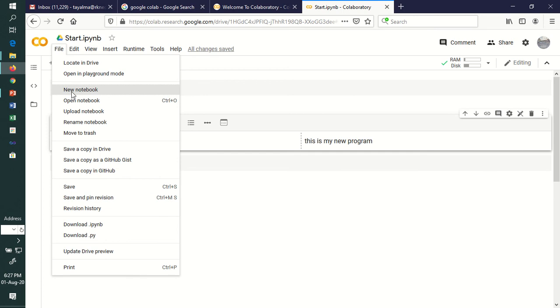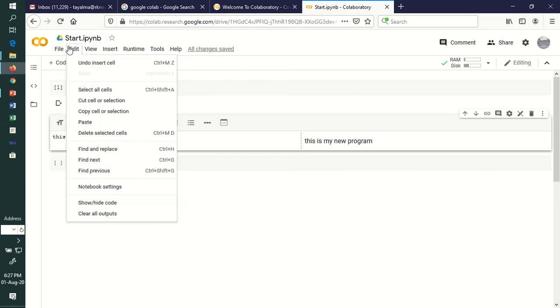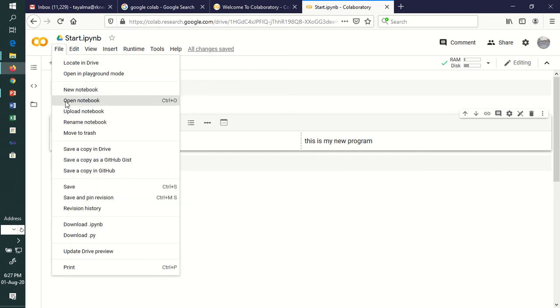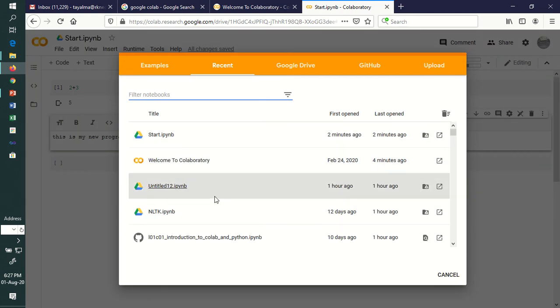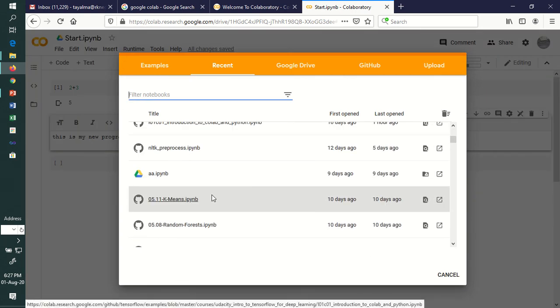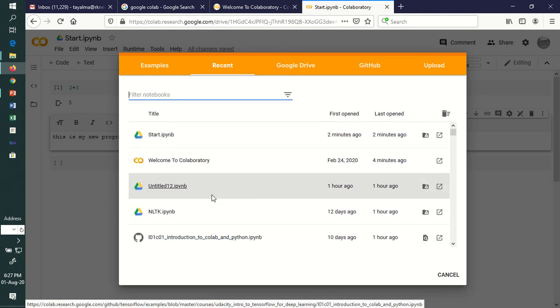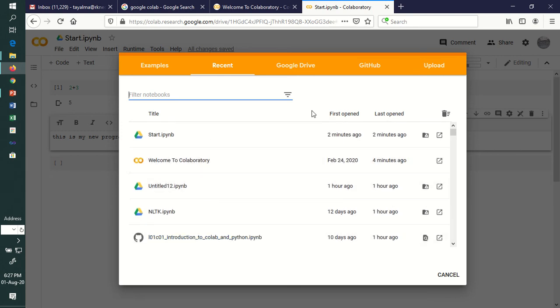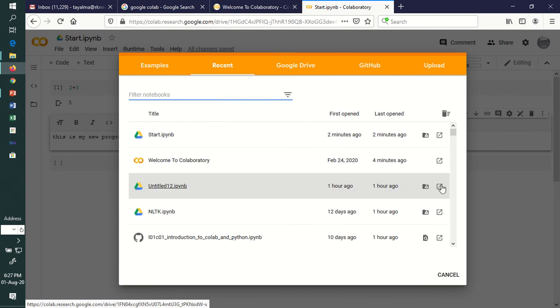Now the new notebook we have already seen and used; we opened the start file here. Then open notebook: if in the past you have made some files, you will get those files from your drive here. These files can be viewable here and you can open them directly.